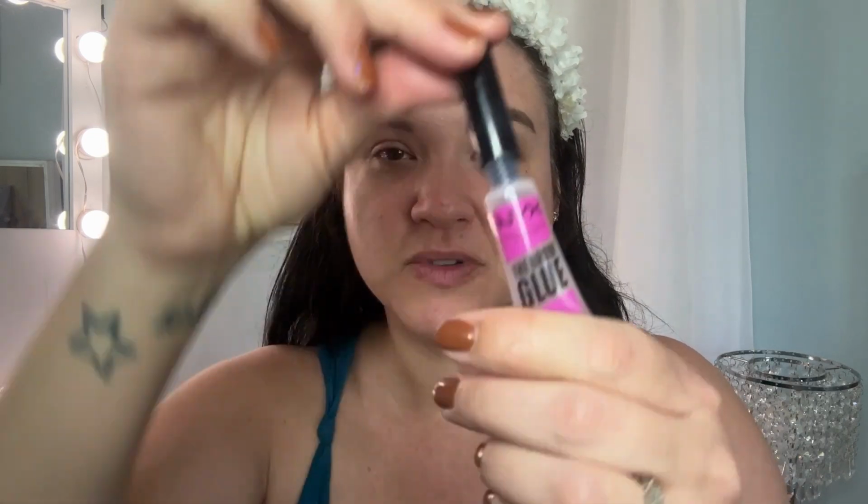I'm actually going to use the NYX brow glue. That's what I'm using at the moment. It's a lot more, I don't want to say sticky, but holding in place than other like laminators. It does really draw on those little hair-like strokes more and lock them in place, but it's not quite to the extent of a wax. There we have it. So do you see the difference between the two sides? Here is